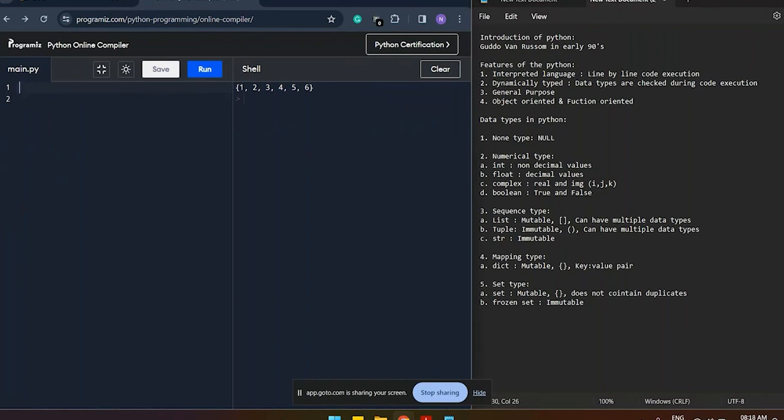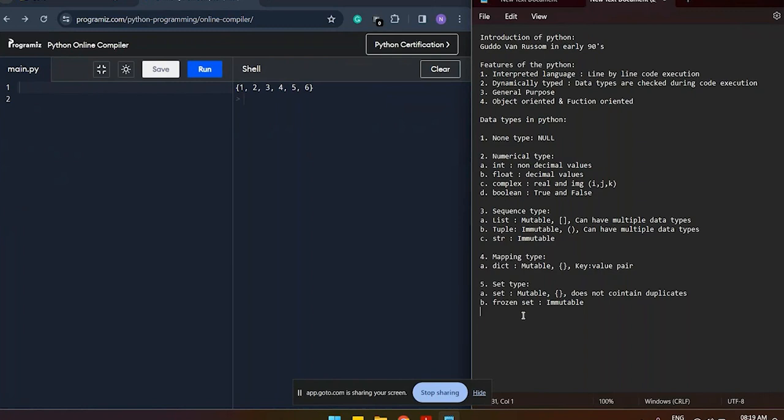One more thing: why are we using set or frozen set if we have tuples? Basically, frozen set and tuples are the same, but in a tuple the values are immutable. When we have standardized values, or a sequence that we do not want to change, we use tuples.